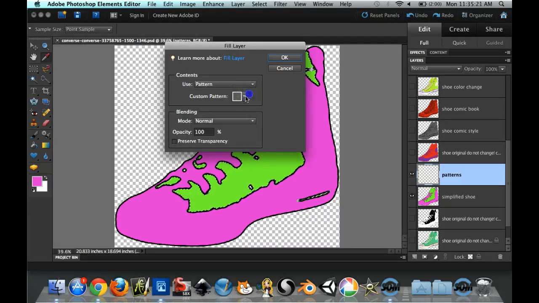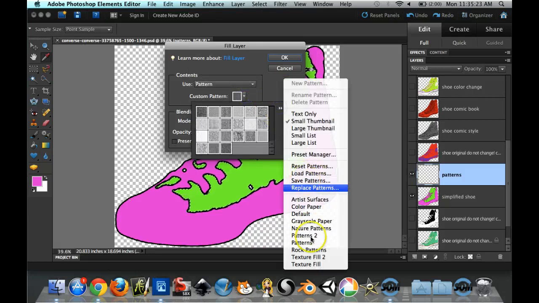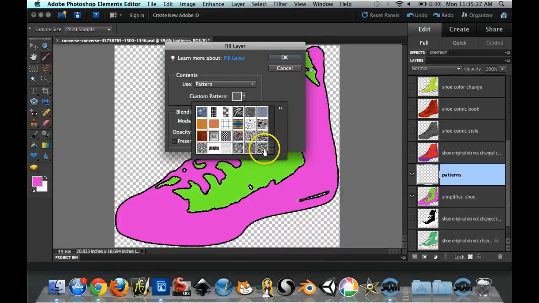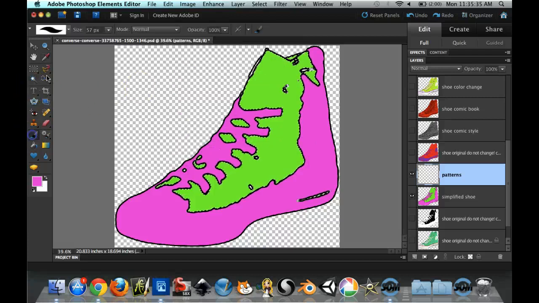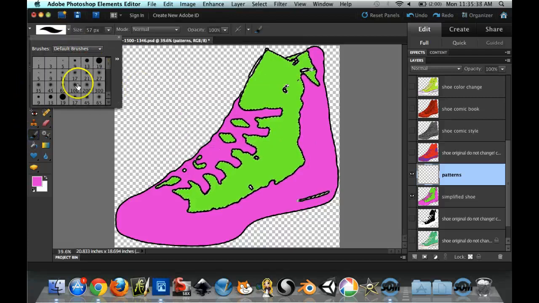Remember how you could choose from the library, so I'm going to look through here and see if there's something else that I want. There's some interesting patterns in here. He kept his patterns really simple, so I don't want to do anything too complex. I might even just take my paintbrush, get a nice round brush,